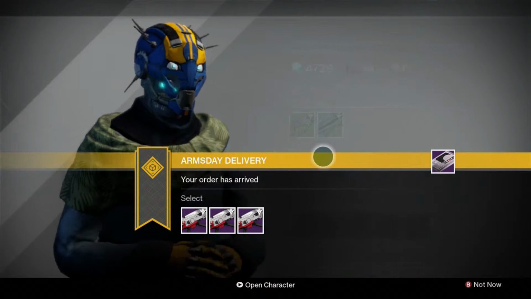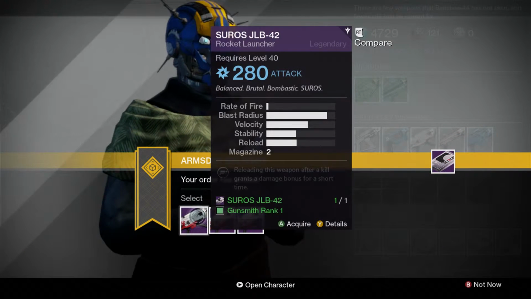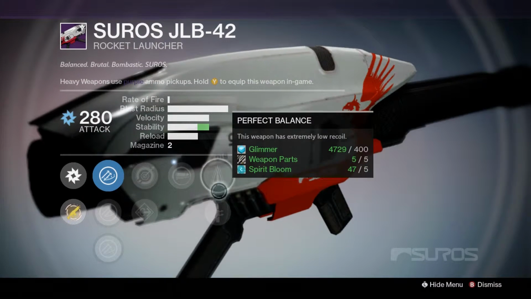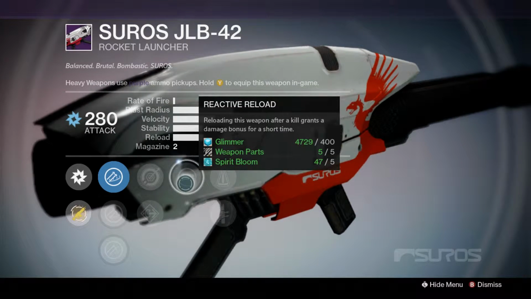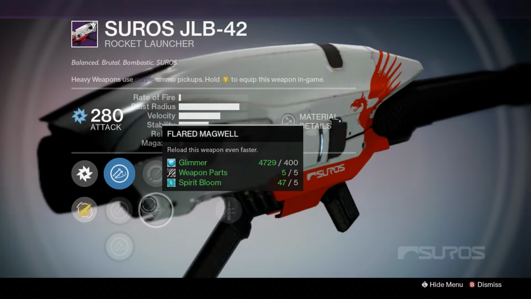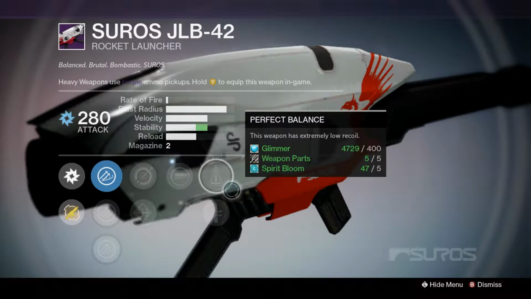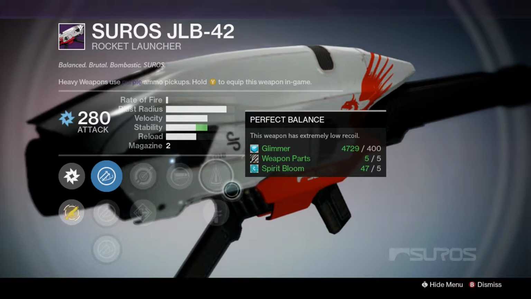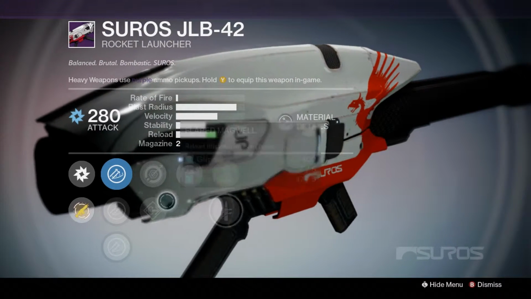Alright, and the Gunsmith is starting us off today with the JLB-42 rocket launcher. We're going to start with the rank 1 roll, which has arc damage, perfect balance for stability, quick draw, reactive reload, reloading after kill grants bonus damage for a short time, interesting, single point sling, and flared magwell. Flared magwell to help with that reload. Actually, this is a pretty all-around consistent gun. You can get velocity, stability, and reload speed at about the same rate. Good blast radius, and rate of fire is going to be poor,